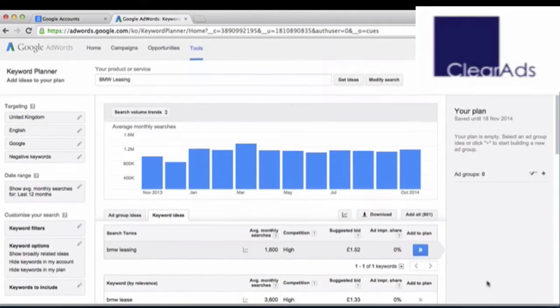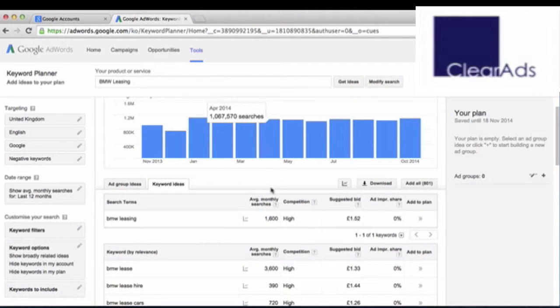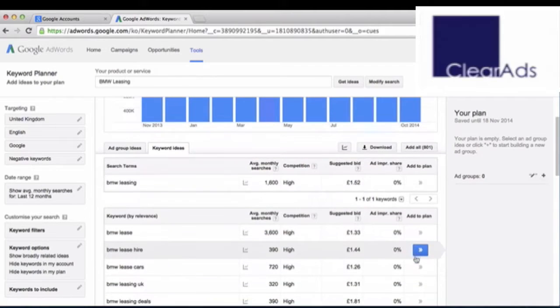So BMW leasing. The average monthly searches is about 1,600. Of course, there's going to be fluctuations throughout the year, but that's the average in the last 12 months. The competition is high, so there's a lot of people bidding for this term across the UK. And on average, you would pay about £1.52 to get a good position on the first page on Google through AdWords for this keyword. So let's find some more variations of that keyword which receives a good amount of traffic